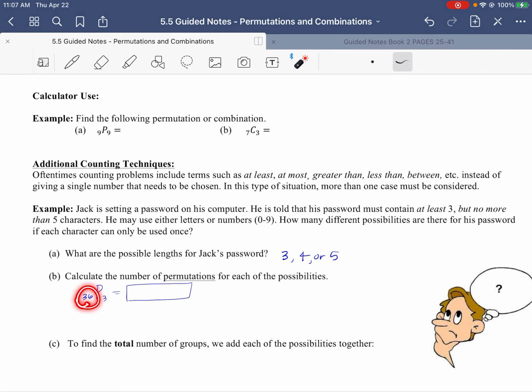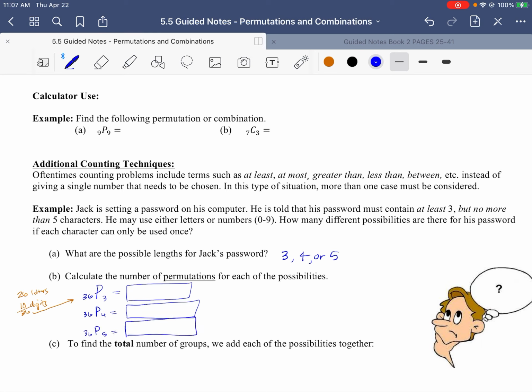Now, why did I choose 36? I actually forgot to explain that. 36 I used because there are 10 digits, 0, 1, 2, 3, 4, 5, 6, 7, 8, 9, that he could choose from and permute, or there's 26 letters in the alphabet. So total, there's 36 different characters that he could use, and then he's going to choose 3 of them, or permute 3 of them. Then if we do 36P4, that's the number of 4 letter or number passwords,